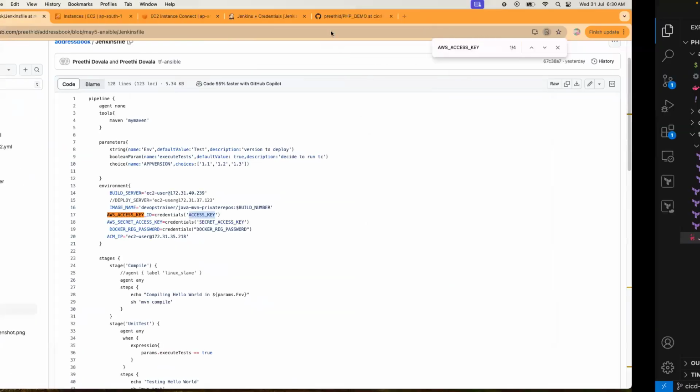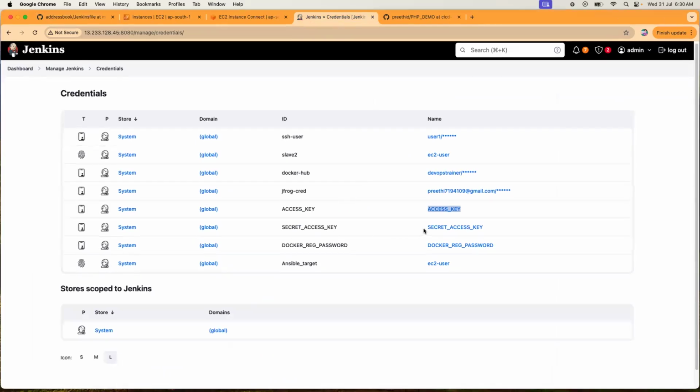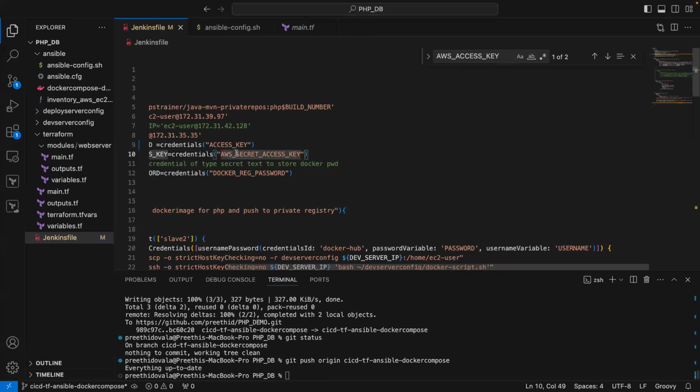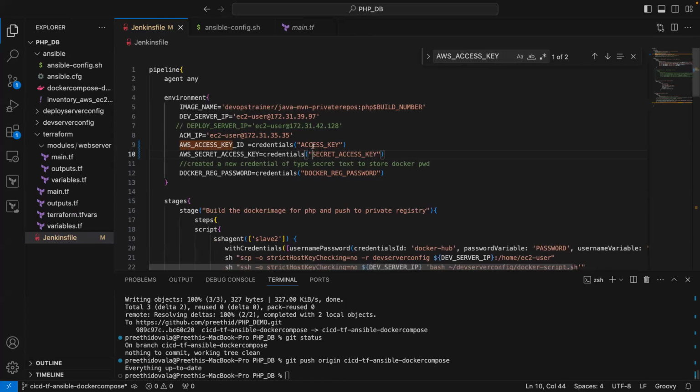Let me check that as well. Secret access key only, not AWS secret access key. Okay, this should be same like you are using in your Jenkins credential store. Okay, so